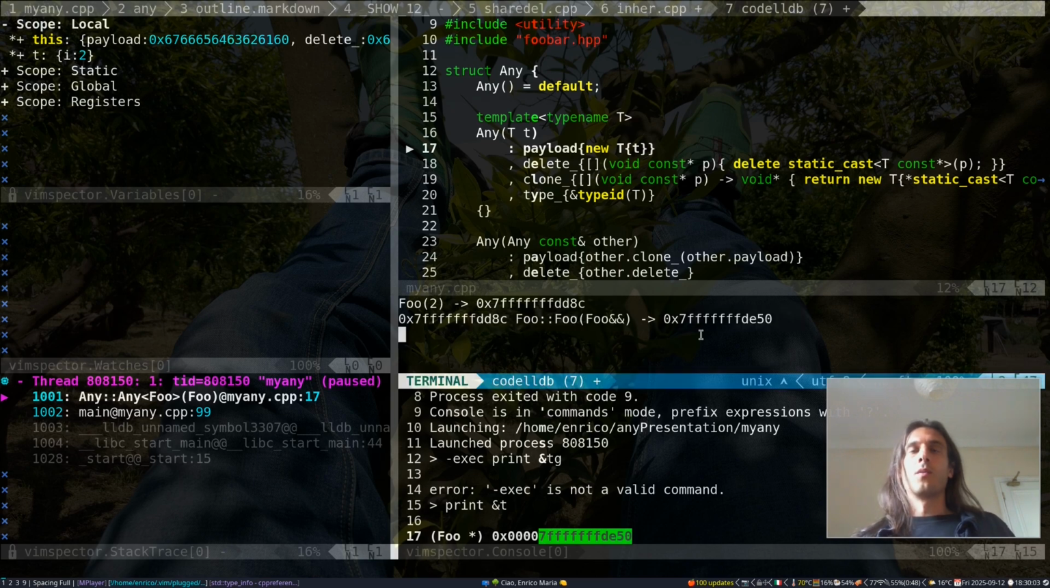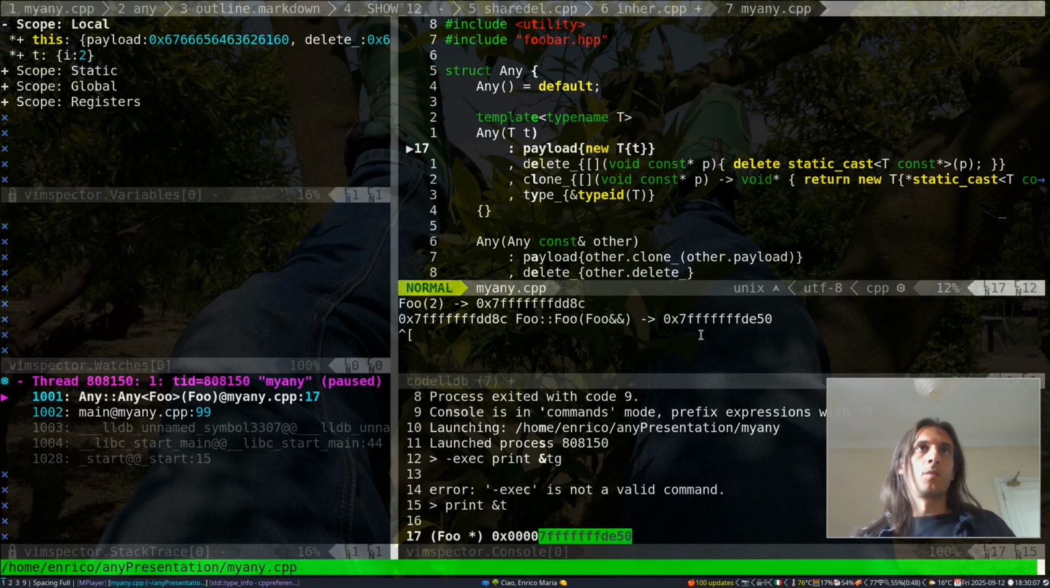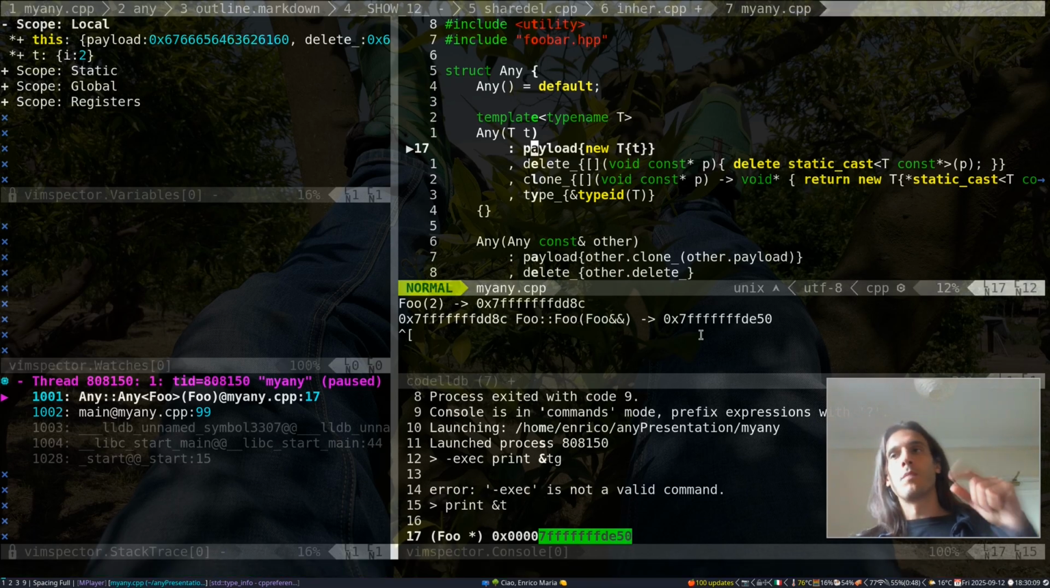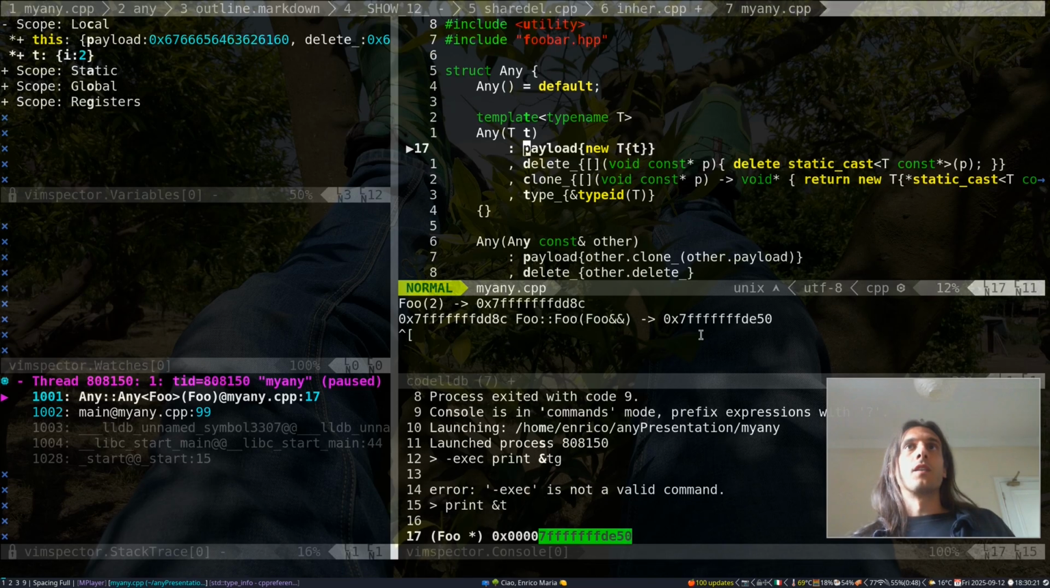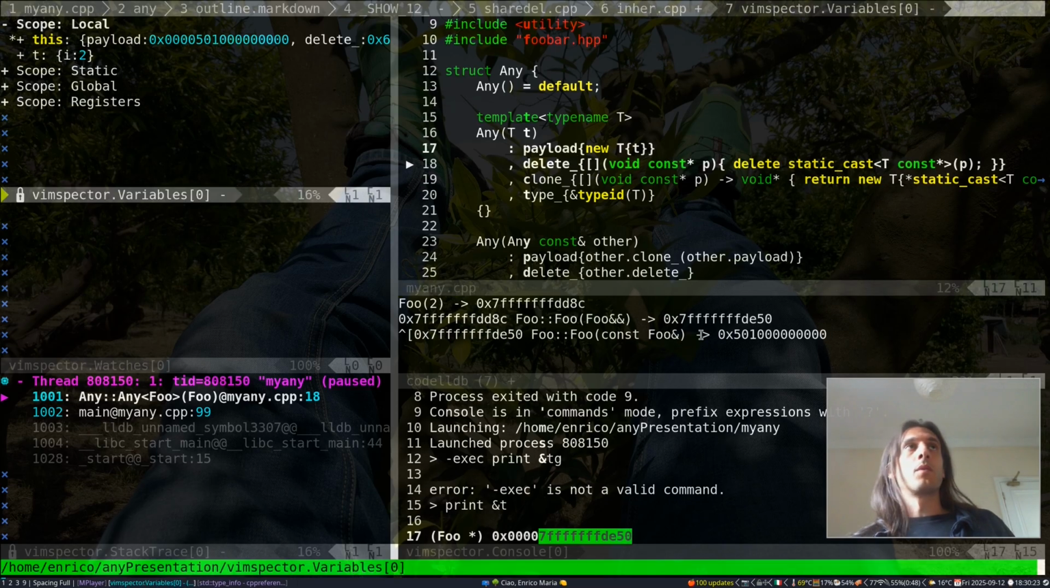So that means we've moved the object that was defined in the caller, in the main, into this t. And payload for now is a random address, as you can see here, the payload of this object. But as soon as we go to the next step, we have